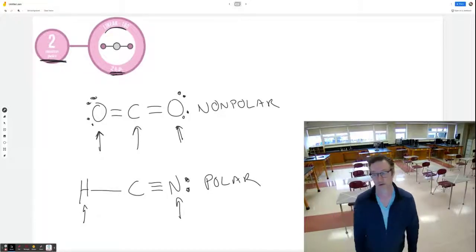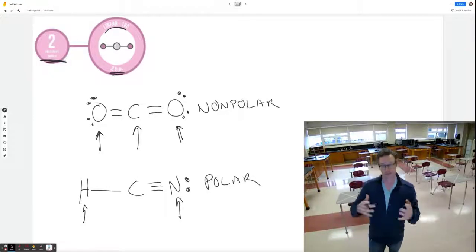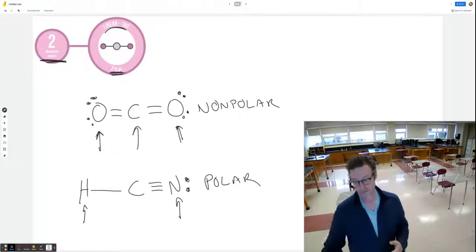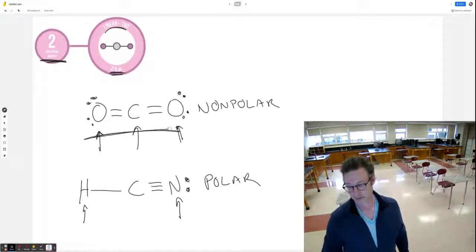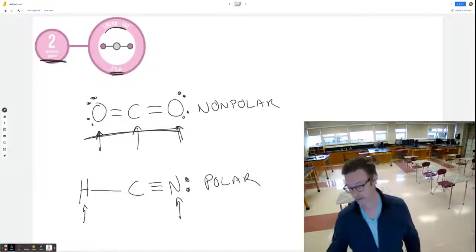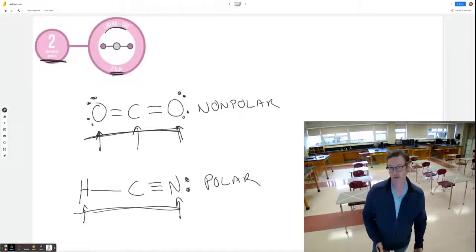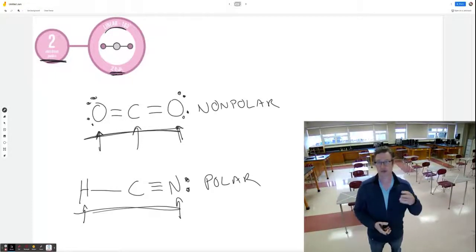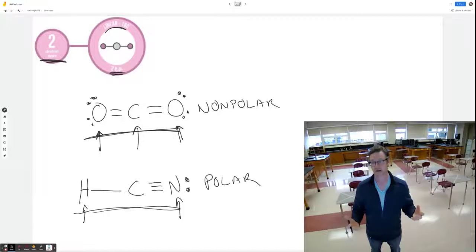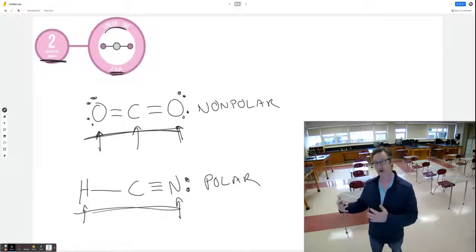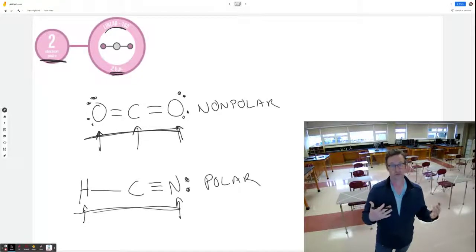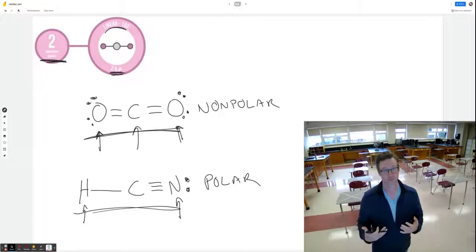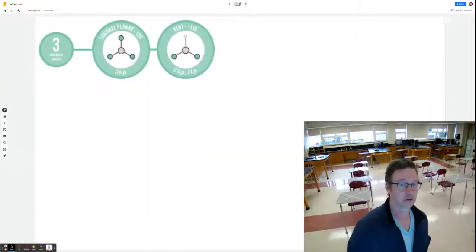it's polar. So just to quickly tie this back to the way I explained it originally, you can see hopefully that this molecule is completely symmetrical, whereas this one is not. So asking yourself the questions about the terminal atoms and the lone pairs on the center atom is, again, just another way of asking yourself, is this symmetrical? However it works for you is fine with me. Let's take a look at